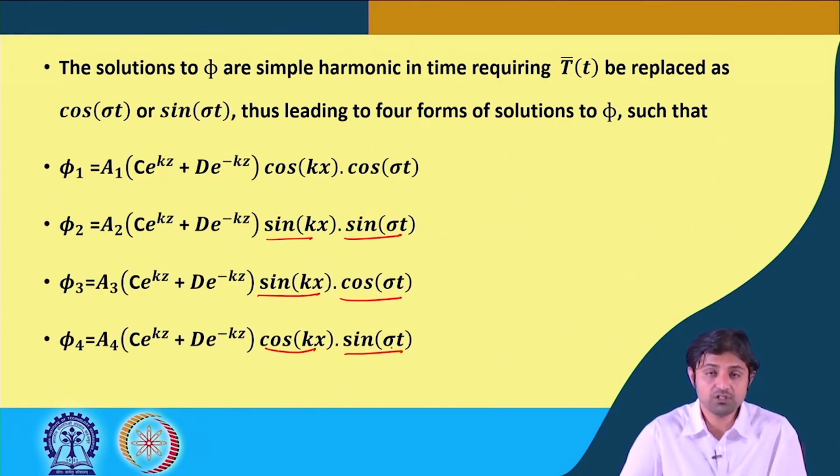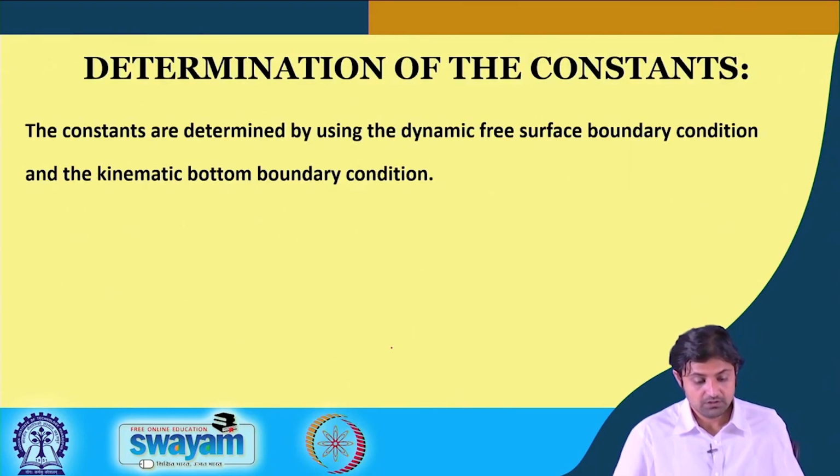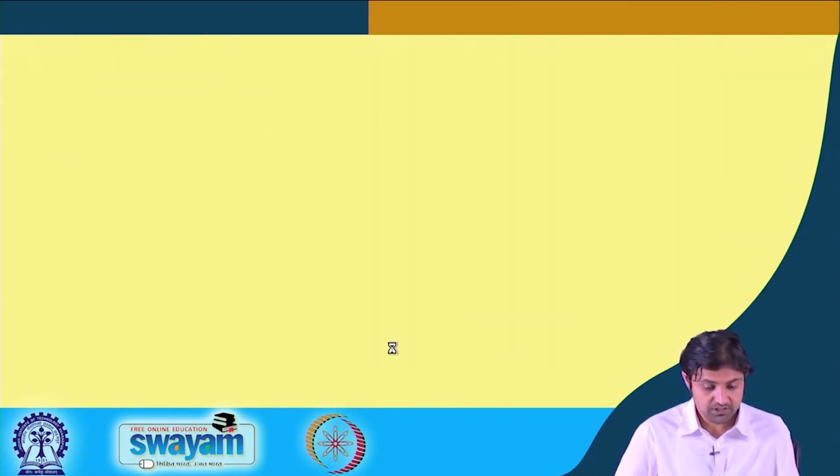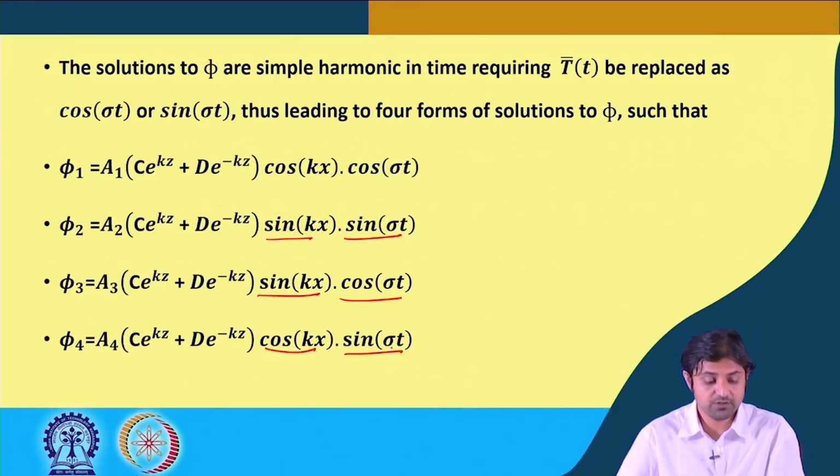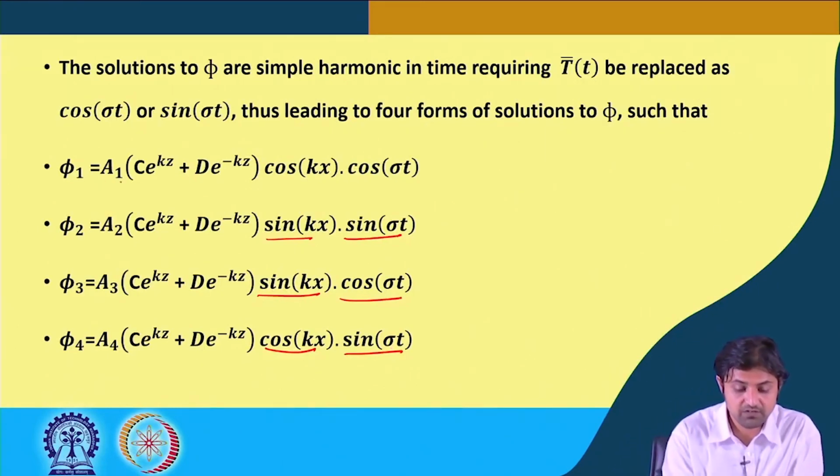However, the total velocity potential is going to be the sum of two of those. Which ones, we will come to later, but for now we have assumed four different terms, phi 1, phi 2, phi 3, phi 4. One would be phi 1 minus phi 2, the other could be phi 3 minus phi 4, but that we will come to later. So, we have to see these terms phi 1, phi 2, phi 3, phi 4 have constants a 1, c,